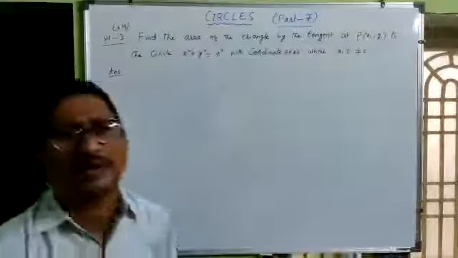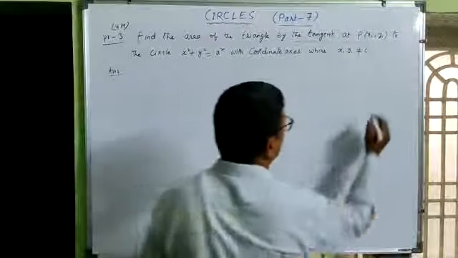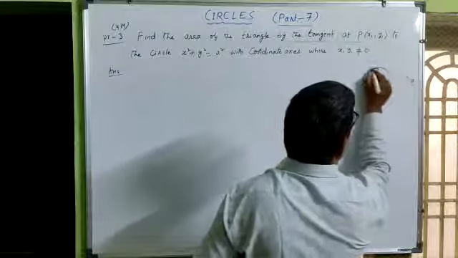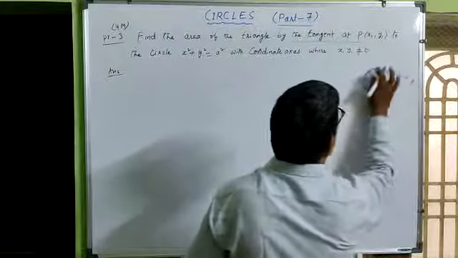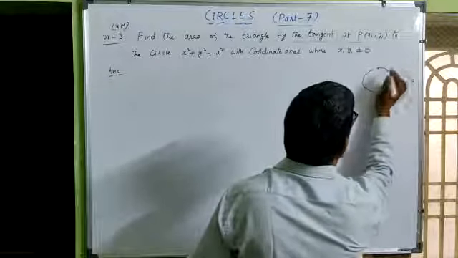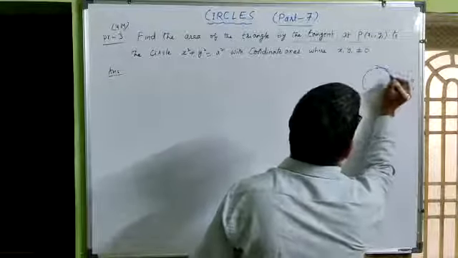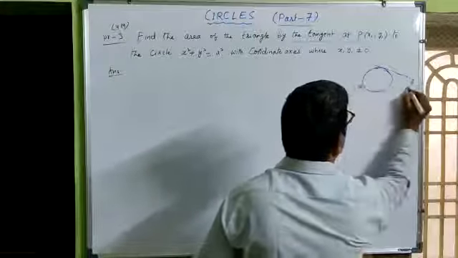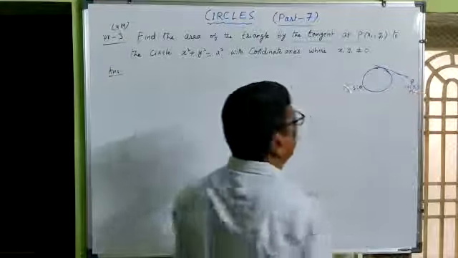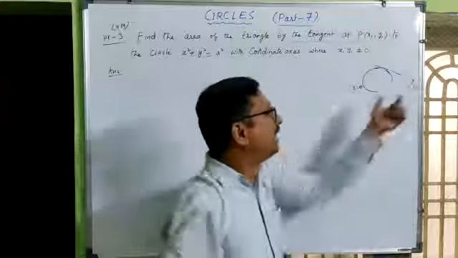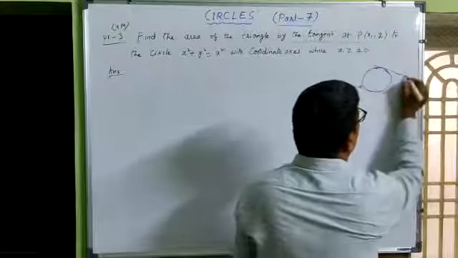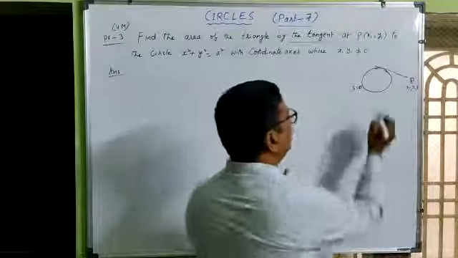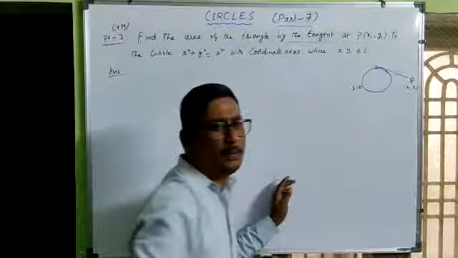So what is the tangent to the circle? First suppose this is the circle and P is an external point and this is the tangent. Okay. So it meets the circle at only one point, that is tangent. Okay. So first suppose this is S is equal to 0 and P x1 y1 is a point. If you draw a tangent, we can draw two tangents. Okay. But for convenience, we will take only one tangent. So this meets the circle at one point.